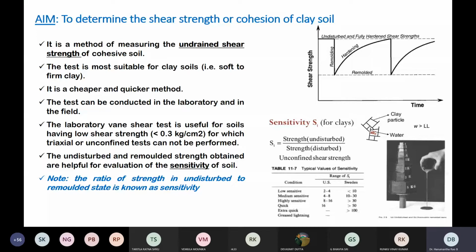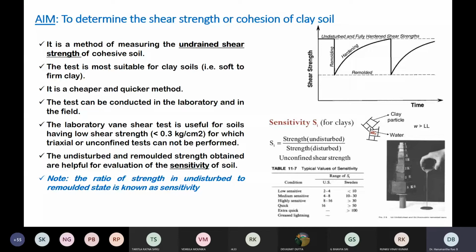There is another situation. When we deal with the soil, we always remold the soil, and we also know the soil is under undisturbed condition. Undisturbed means the soil exists in the field as it is. Just imagine collecting the same soil from the field to the laboratory, then it is in pulverized condition. That is called a disturbed condition. So we disturb the soil sample, that is the disturbed soil sample. Undisturbed means it is in the intact ground.